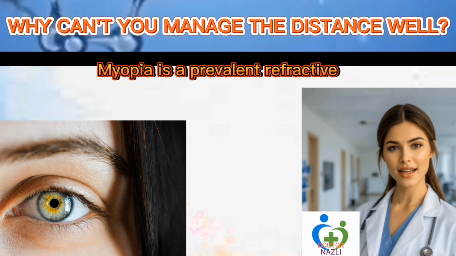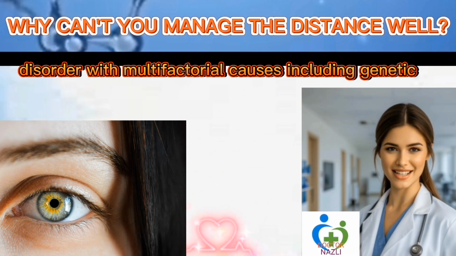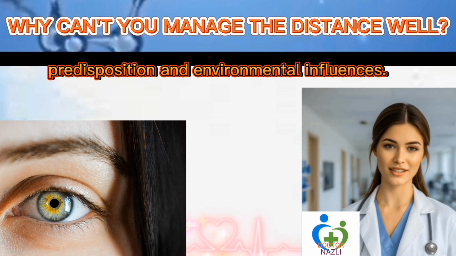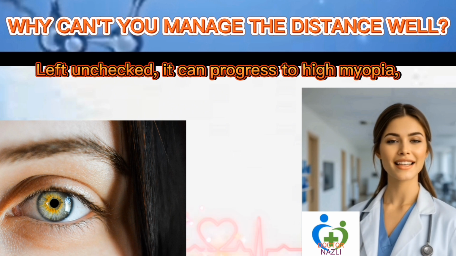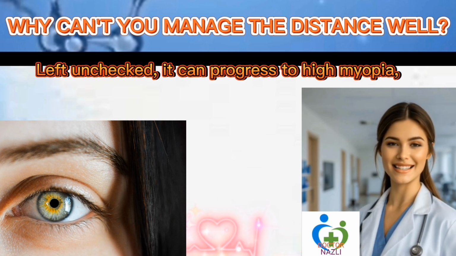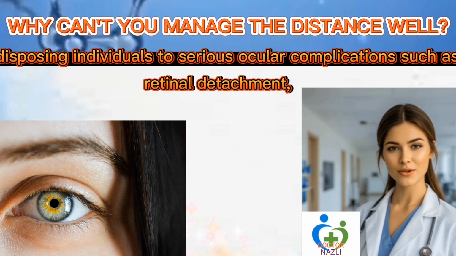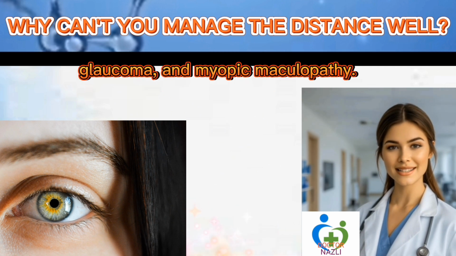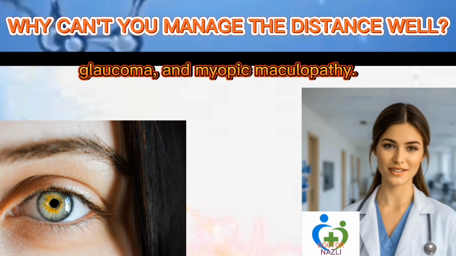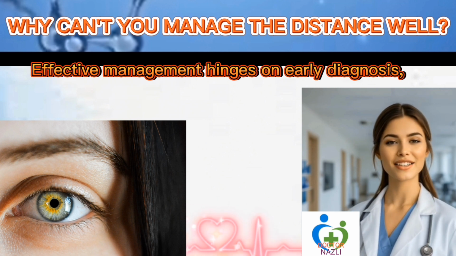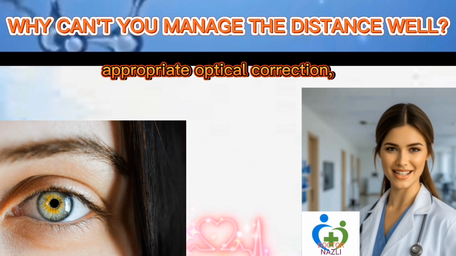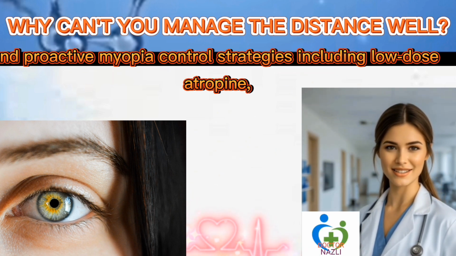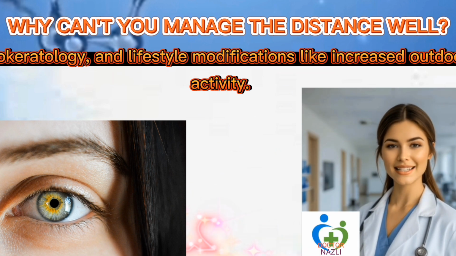Conclusion: myopia is a prevalent refractive disorder with multifactorial causes including genetic predisposition and environmental influences. Left unchecked, it can progress to high myopia, predisposing individuals to serious ocular complications such as retinal detachment, glaucoma, and myopic maculopathy. Effective management hinges on early diagnosis, appropriate optical correction, and proactive myopia control strategies including low-dose atropine, orthokeratology,